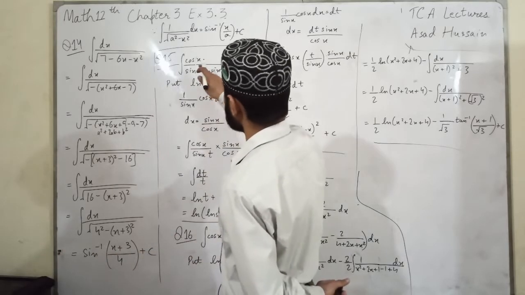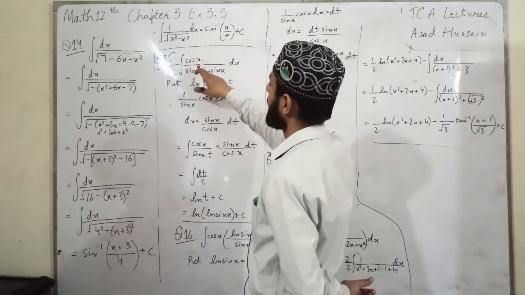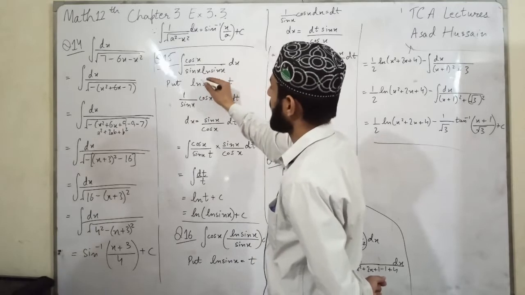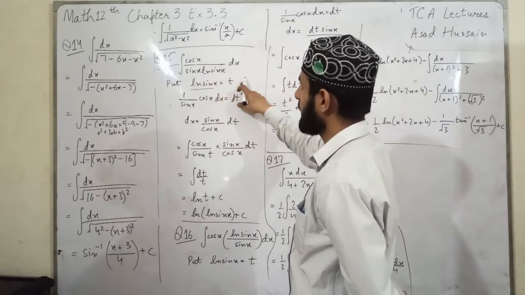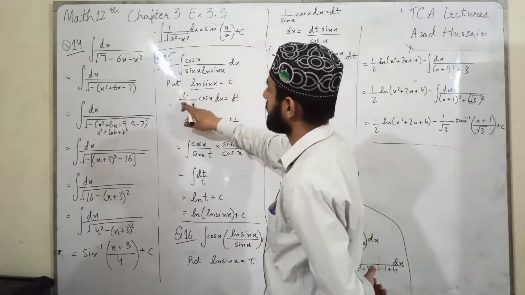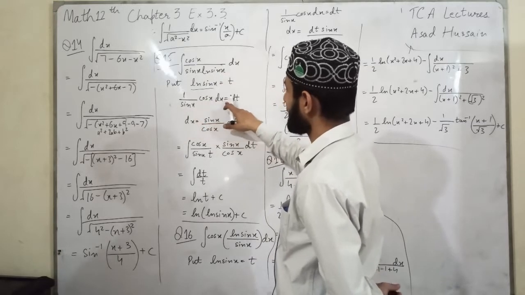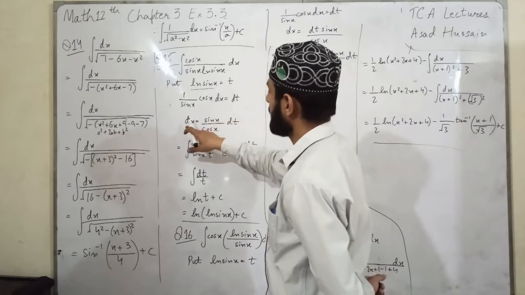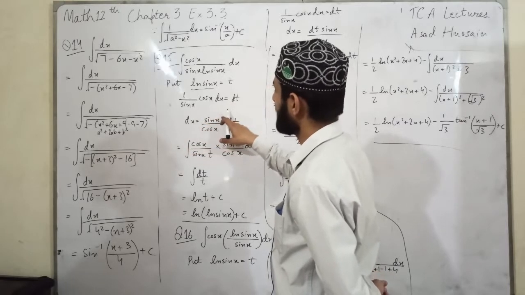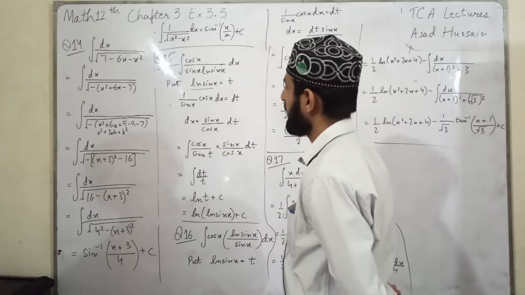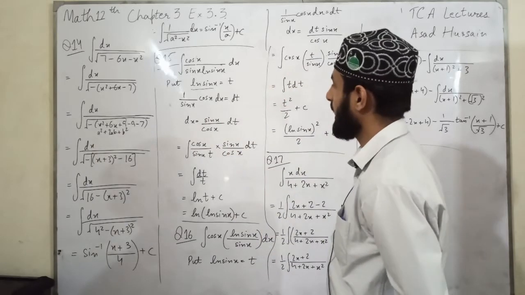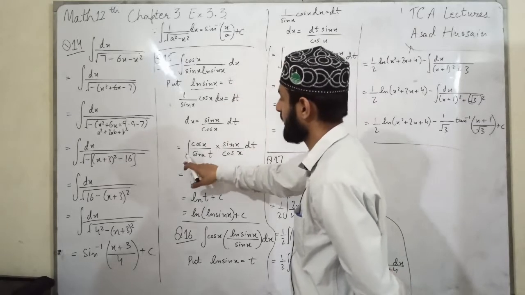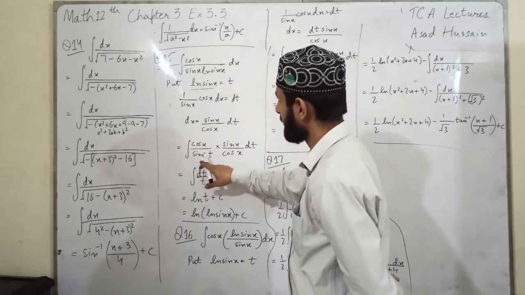Moving on to question number 15, which is cos x over sin x into ln sin x dx. Putting ln sin x is equal to t, taking differential on both sides, we get 1 over sin x cos x dx is equal to dt. Now finding the value of dx, we get dx is equal to sin x over cos x into dt. Putting the value of t and dx in this equation, we get integral cos x over sin x into